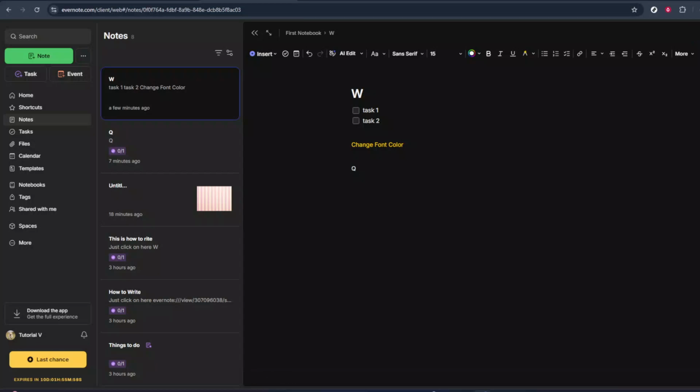In today's video, I'm going to teach you how to change font color on Evernote. Changing font color is a simple way to make your notes more readable, more organized, and easier to scan. You can use color to highlight key ideas, separate different types of information, or simply make your notes look a bit more personal. In this walkthrough, I'll guide you through the exact steps and share a few quick tips along